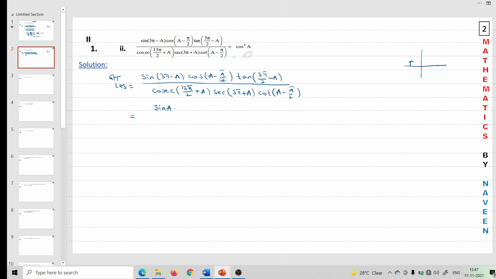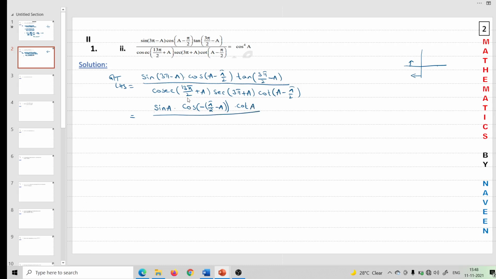Clear? Next, cos of a minus pi by 2. So first we have to write it as pi by 2 minus a. So for that minus is common, pi by 2 minus a into 3 pi by 2 minus a, right? This one is 1 pi by 2, 2 pi by 2, 3 pi by 2. Minus a means here, in third quadrant tan values are positive, so I am not writing minus. Pi by 2 is multiplied by 3, an odd number, so tan changes to cot. Clear? Divided by